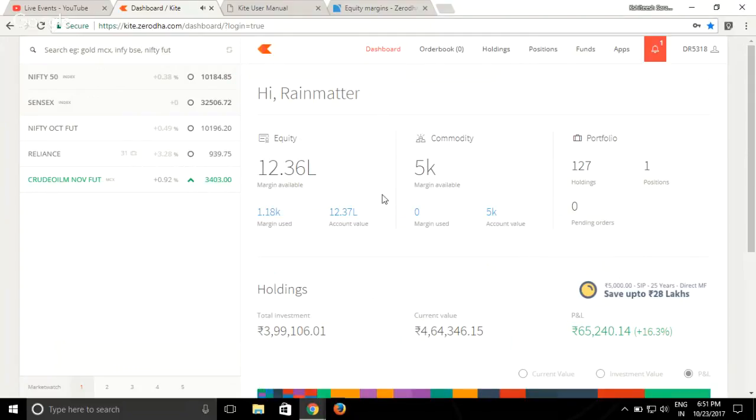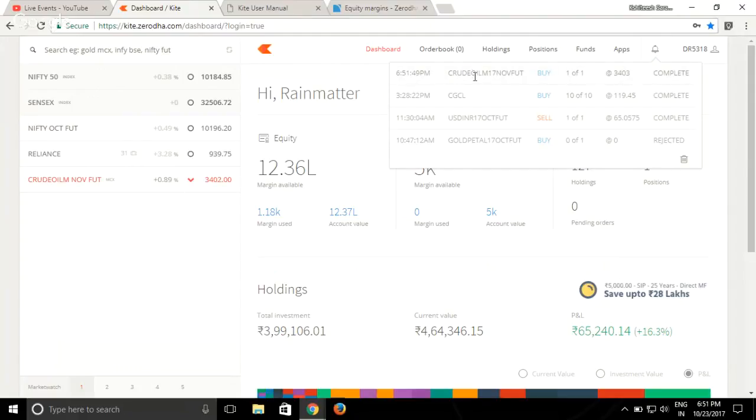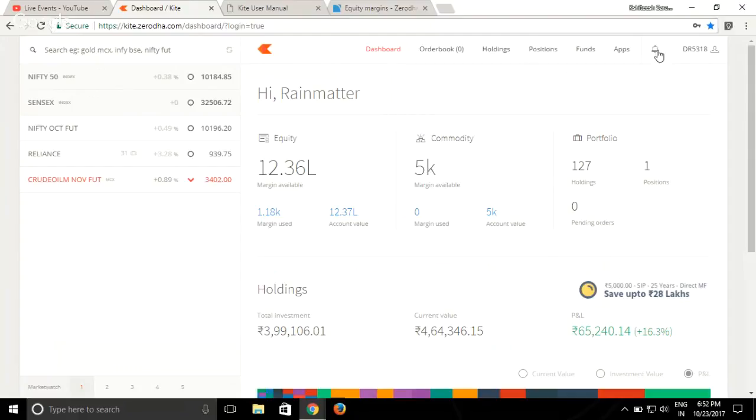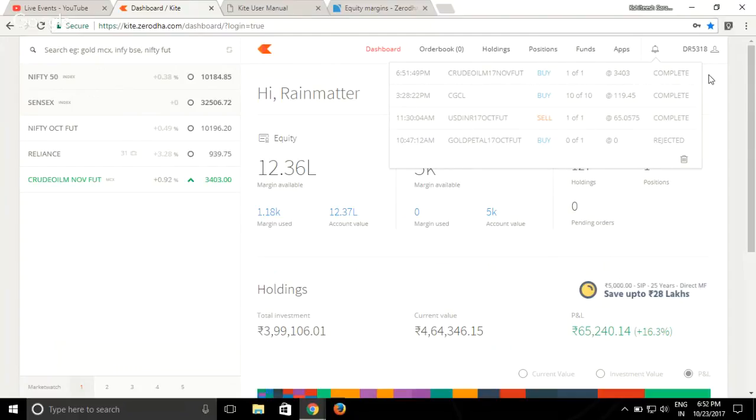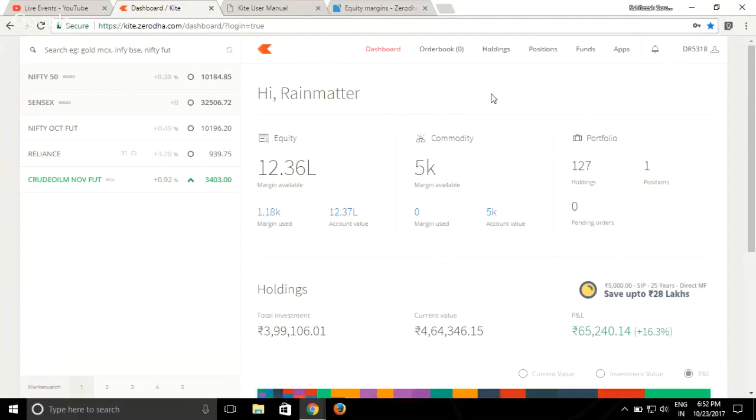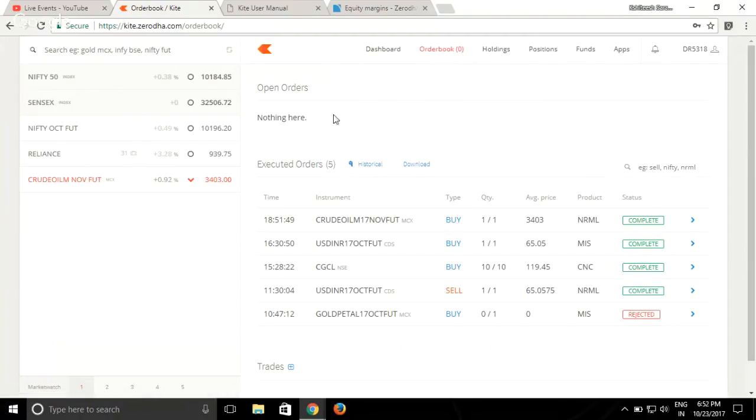Once you place an order, you'll get a notification of whether the order is executed or not. You'll be able to see it in the bell icon here. It'll show you that this order is completed. And to see your order book and trade book, you just have to click right next to the dashboard. You see an option called order book. You'll be able to see it here. Since I placed a market order, it got executed immediately. So I'll be able to see this in the executed orders, which is my trade book for the day. You'll see that it's been executed at